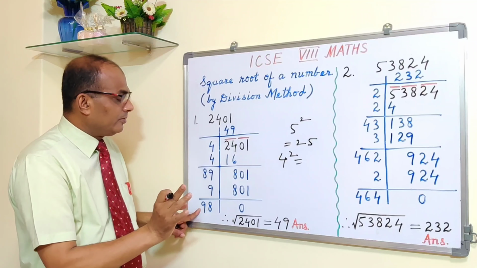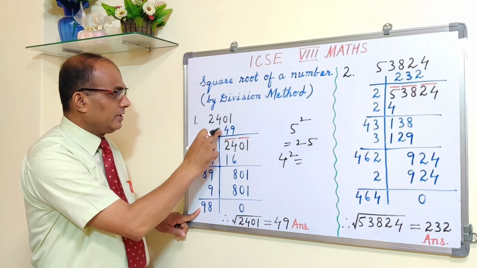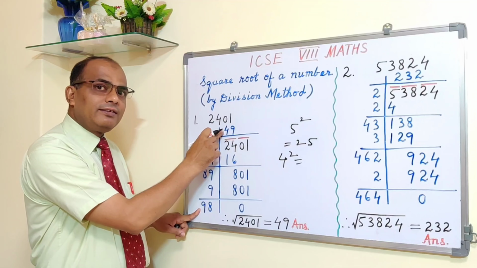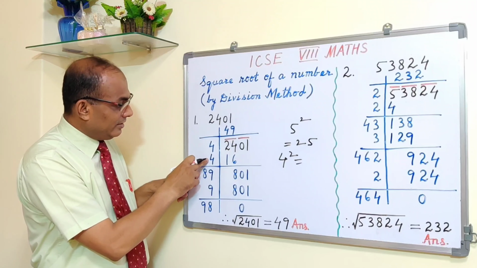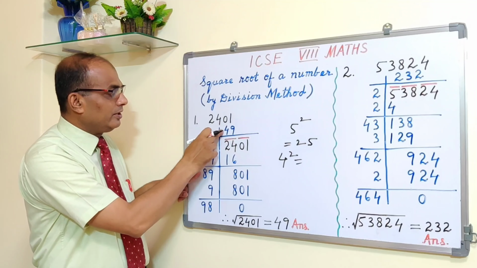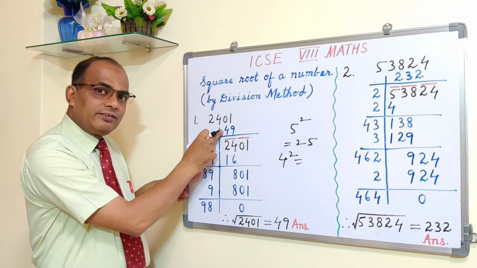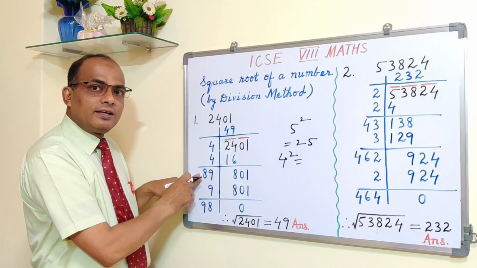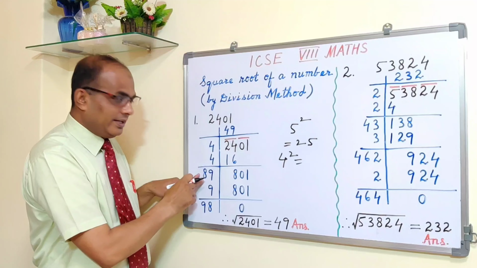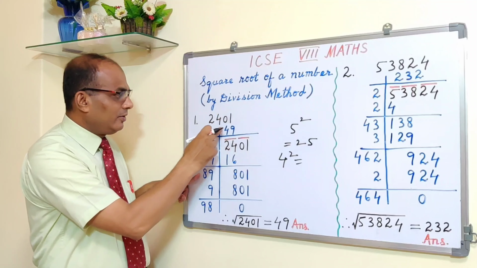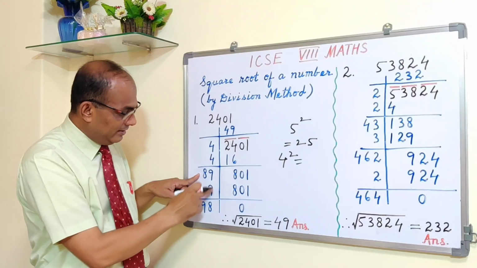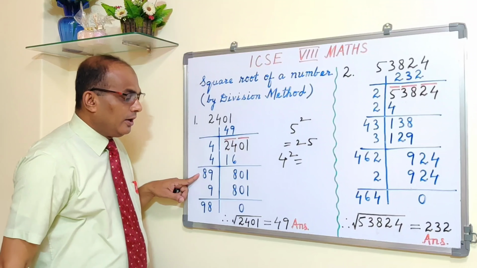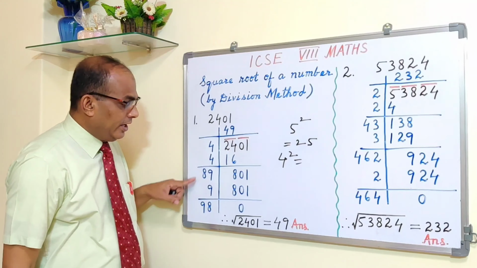Or some people double the quotient. 49, the double of 49 is 98. Here also I have added 4, but some people double this. So when you double this digit 4, you get 8. So either you think of it as doubling, or you can say, okay, already 4 is there, one more 4 we are adding. Already 9 is there, one more 9 we are adding, like that. So therefore the square root of 2401 is 49. This quotient is the answer.